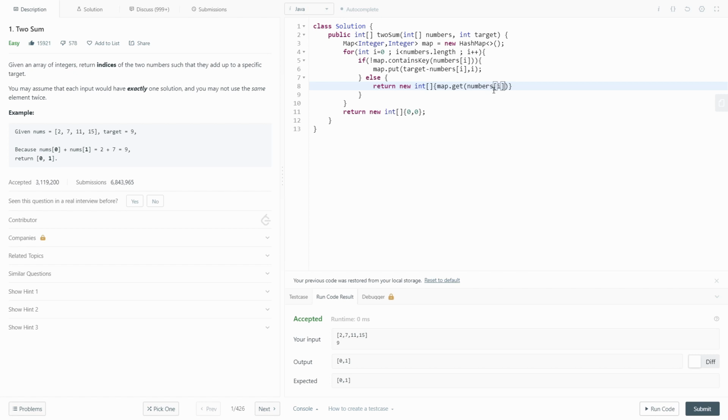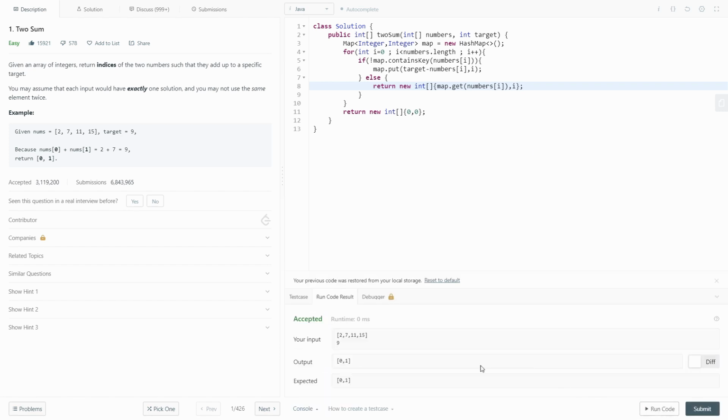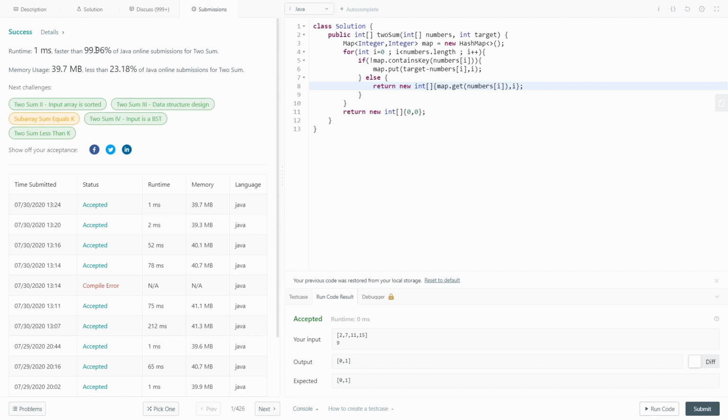Remember, here we are storing the index as value and numbers as key. So map.get(nums[i]), comma i, and this will solve the problem, I think. Yes, it does. Faster than 99.96% of Java online submissions.